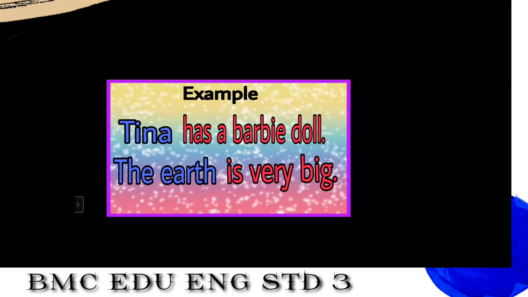Tina has a Barbie doll. Now here children, Tina, I have written in blue. It means this is the subject, and "has a Barbie doll," which I have written in red, is what? Predicate. Okay, because it is telling about Tina. Now the next statement is,